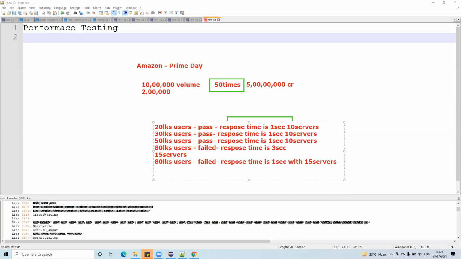We are giving this performance testing knowledge as part of the course. Remember, this is absolutely not required for the interview. No one will ask you in the interview what performance testing is and what JMeter is. You can just say that you have some exposure or knowledge of it. 99% no one will ask you. If the interview is a poor one, only those people will ask whether you have knowledge of performance testing. At that moment you can give the answer, but having knowledge is always good. That's why we are giving this knowledge also.